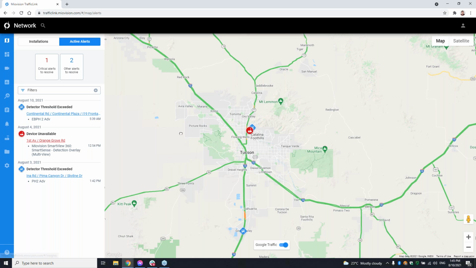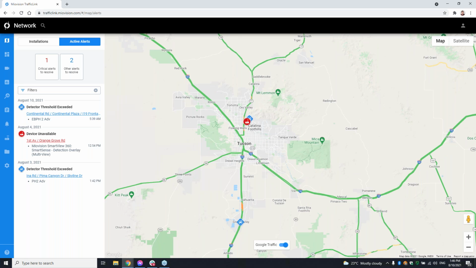So if you're connecting the two dots, often when we are connected only with just our SmartLink, and we're just reading existing infrastructure like loops in the ground or controller data, and just pulling in what already exists, often the solution is adding something like the MyOvervision SmartSense to derive the missing components.